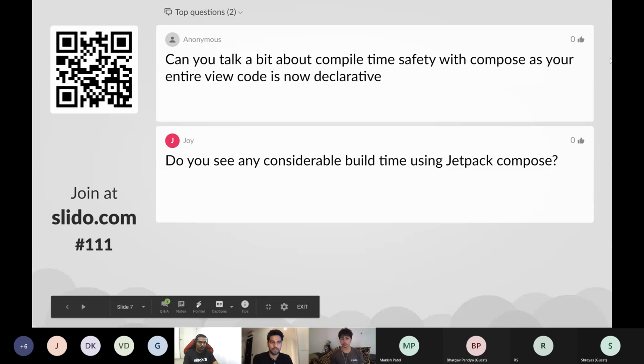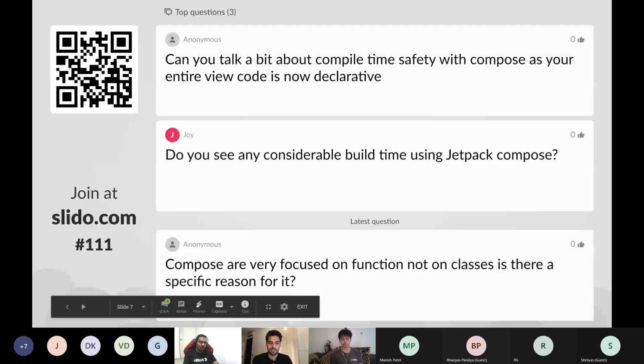Compile time safety for Compose views is a very interesting topic, because it renders most of the view at runtime. The Kotlin compiler tells you a lot of stuff, warnings and errors, if you have them in any of your compose functions. I can definitely say there are going to be fewer crashes than we see while inflating from XML, because that is always finding IDs and looking for the mapping, which Compose does not need to worry about. But again, it's rendering those states